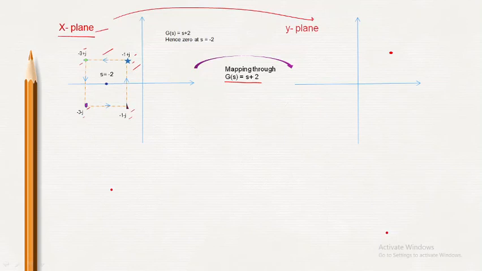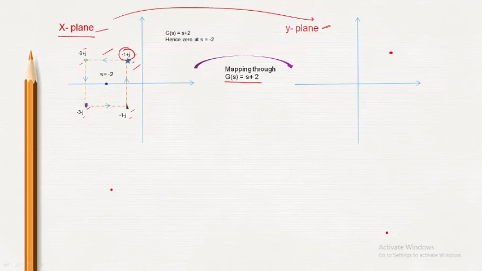This is done here, right now. This has been done by me so that you can exactly see, while we map the points, which point is being mapped to which point. Like if this -1 plus j is being mapped, then the point we get in the y plane will also be the same star, so that you can understand that the -1 plus j point has been mapped. Okay, so that there is no confusion about which point is being mapped to which point.